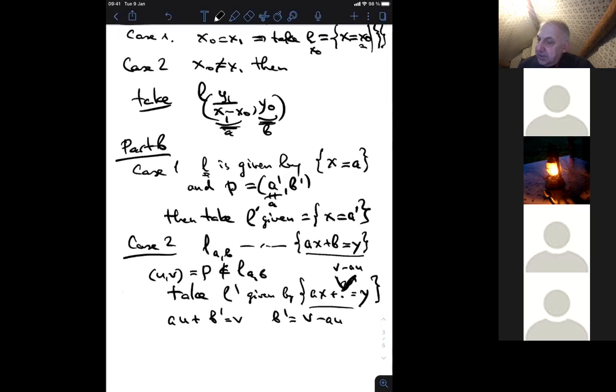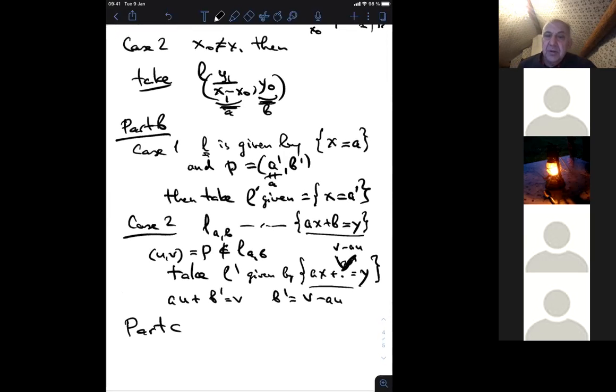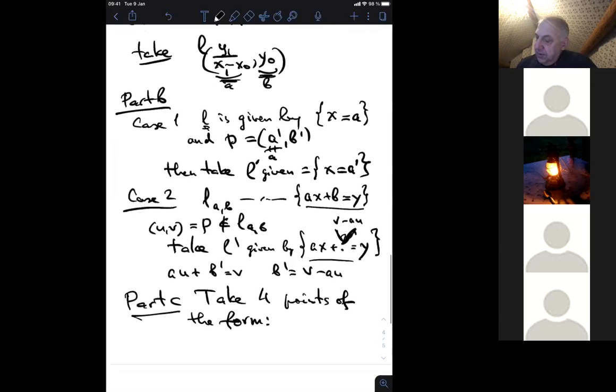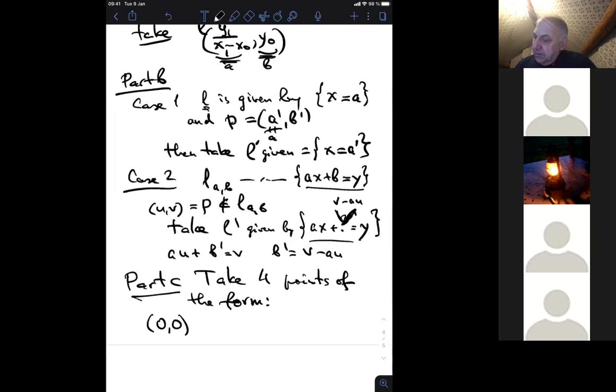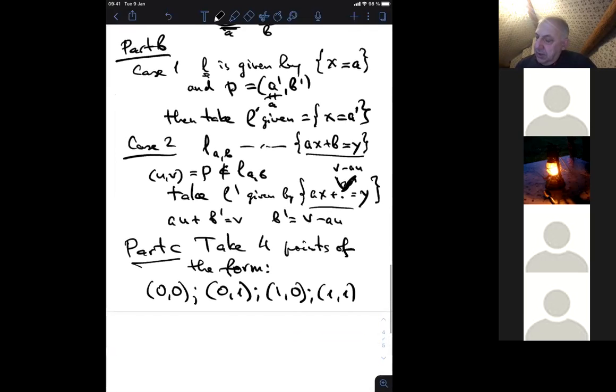Okay, and finally, the last part C is we need to find 4 points such that no line in our list of lines would hit them more than twice. So that's a nice thing. Take 4 points of the form: in our field, we have element 0 and we have element 1, of course. So if we take (0,0), (0,1), (1,0), and finally (1,1), then